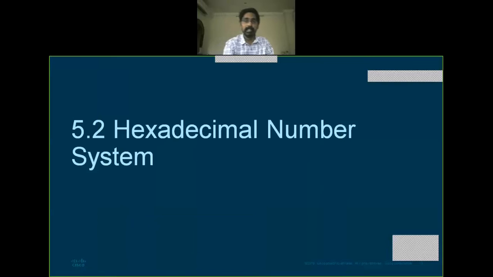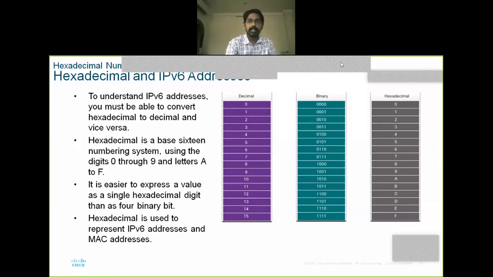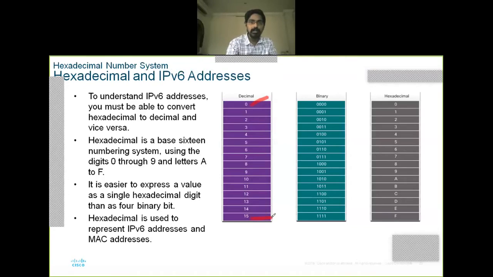How many values were there in hexadecimal? Total 16 values were there in the hexadecimal system. Observe the diagram. We'll start with 0 and we'll end up with 15, because 0 is also counted. So total 16 values. Hexa means 16. In the hexadecimal format, after 9 there is no 10. We have A, B, C, D, E, F in the hexadecimal format. The decimal number 15 equivalent in hexadecimal is F, right?